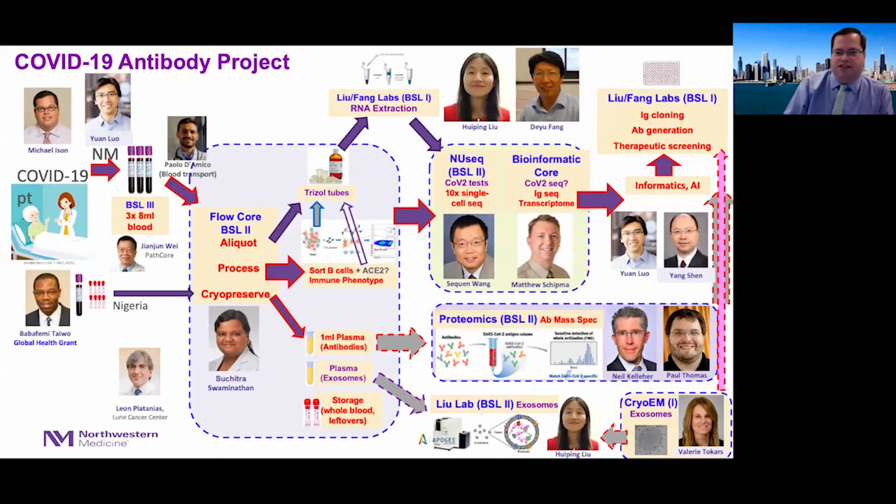We're doing flow cytometry. They're also looking at other unique components, and one of the things that we've found from this data so far is that the number of B-cell clones is relatively low compared to other infections in people that are recovering from